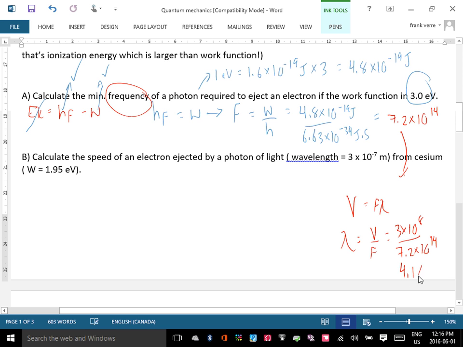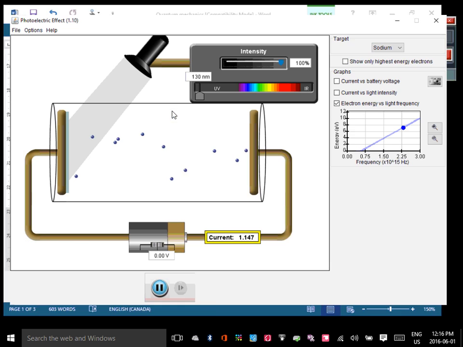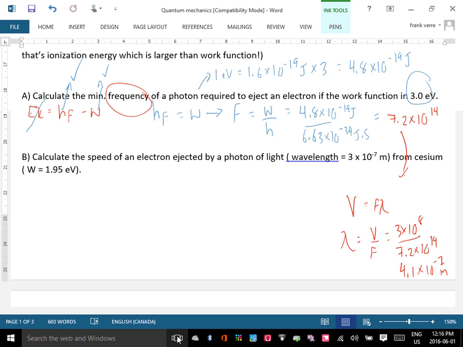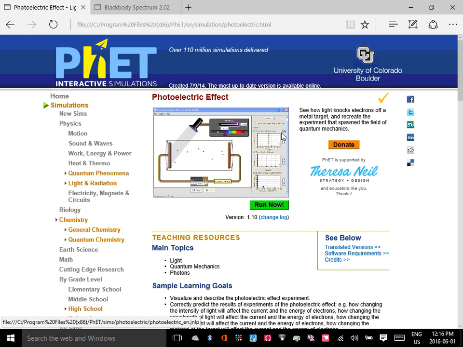4.1 times 10 to the negative 7 meters. So that would be the same as 410 nanometers. So 410 nanometers would be